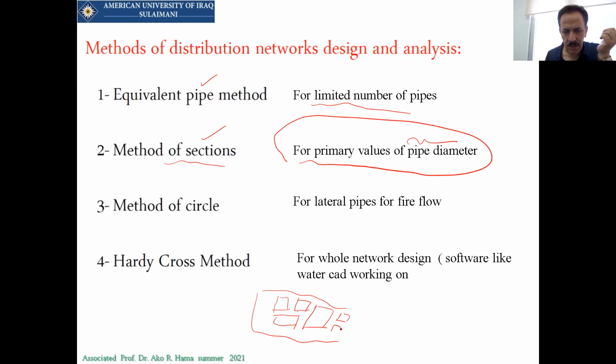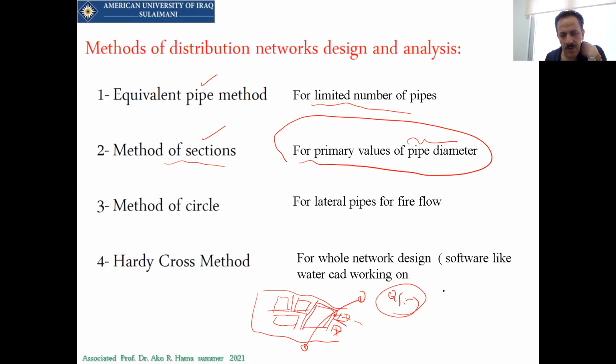Okay, like this. And you have the pipes coming from this way, this way, this way and this way. So what you're going to do, first of all, you will take a section like this, section 1. For this section, you have the people here and people here, and because it's a lateral, you will find the Q for the flow for this area, and you will assume the diameter. You will find the diameter based on this Q.